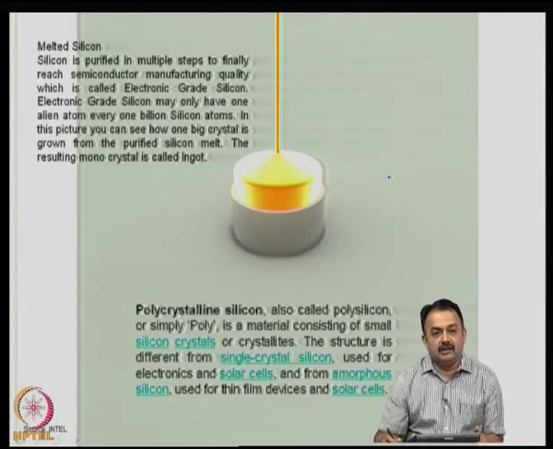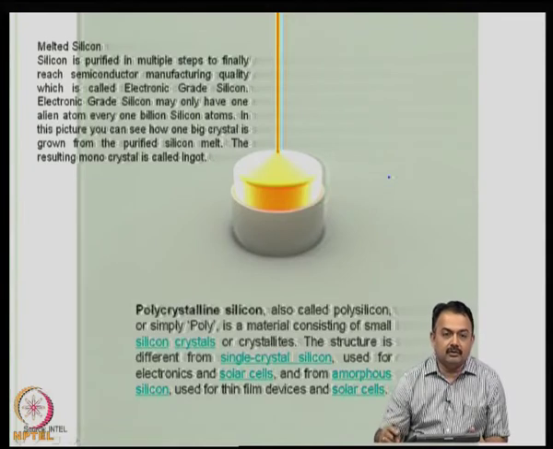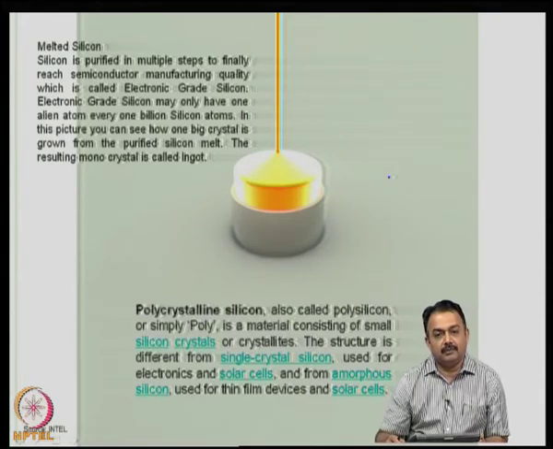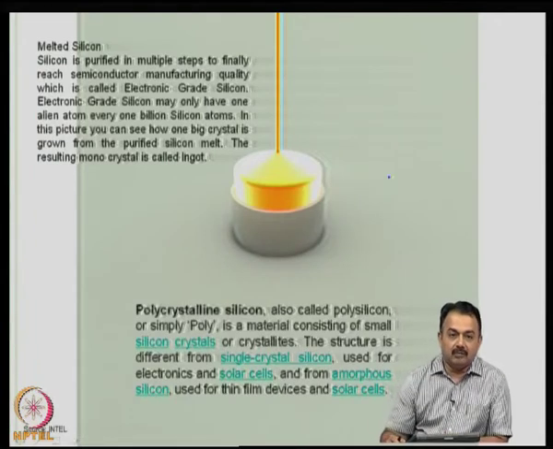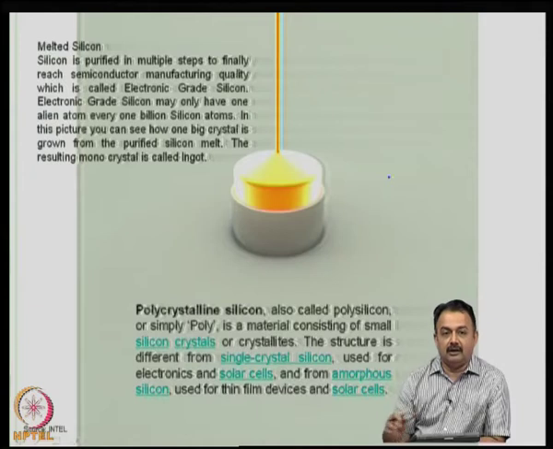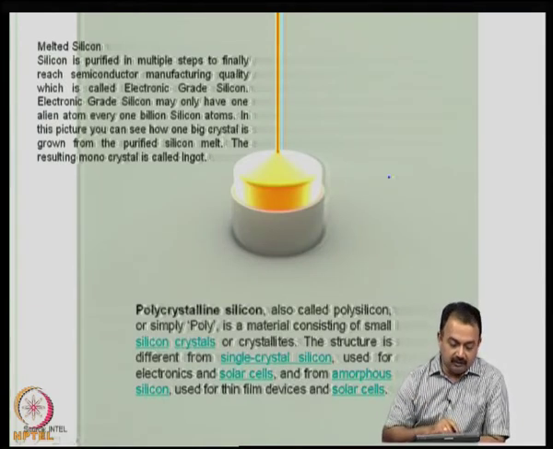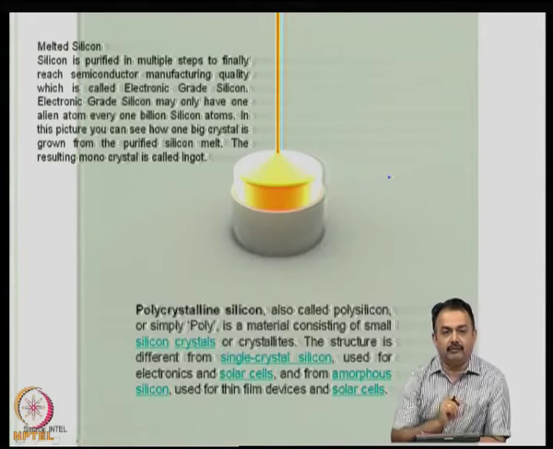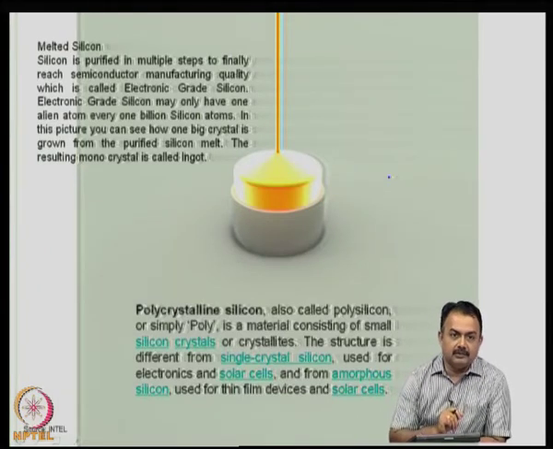Now, after the silicon is formed, you have to make it more pure. That means, you want to make it electronic grade silicon. So, electronic grade silicon is the highest purity that you can achieve. There are other grades of materials or metals or elements or compounds that are available. You call them lab reagent, analytical reagent, and then comes the electronic grade material. So, in this case silicon is purified by multiple steps to finally reach a state called electronic grade silicon, and that can be used in the semiconductor manufacturing arena.